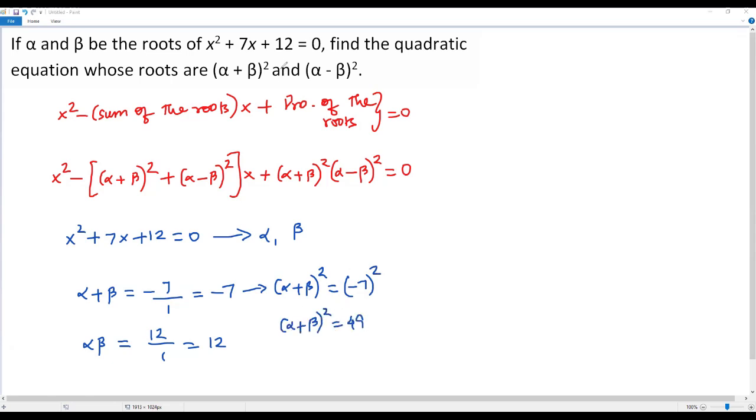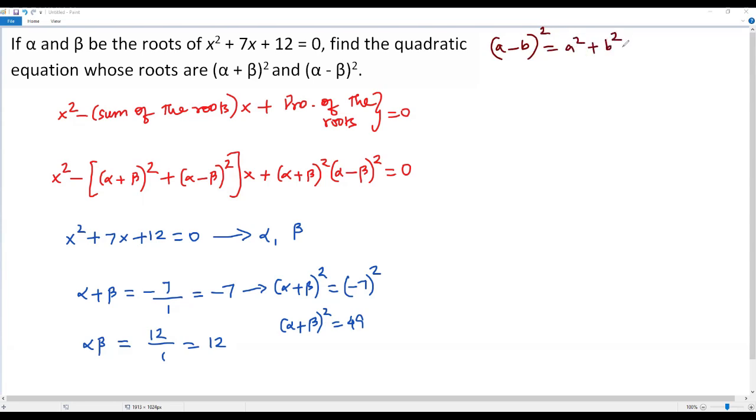Okay, now in these two roots, I got one of the roots, that is (alpha + beta)², its value is 49. So still I need to get the value of (alpha - beta)². How do I get the value for this (alpha - beta)²? For that, let me consider the algebraic identity, that is (a - b)² equals a²